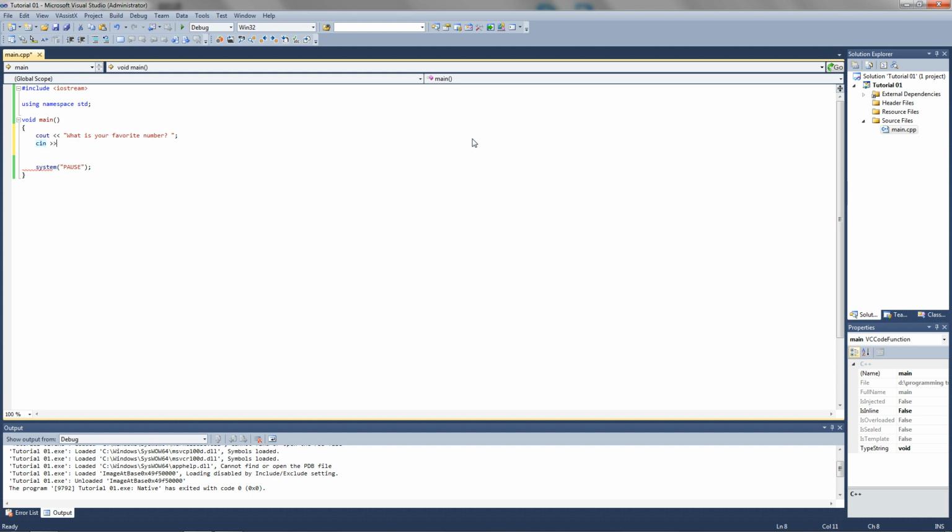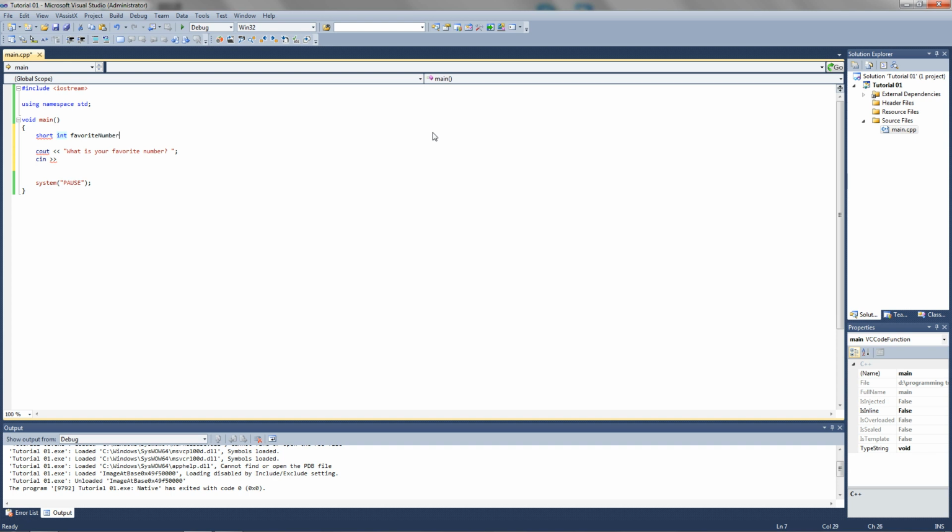The stream insertion operator is the exact opposite of the output operator. It's two greater than symbols, and like the output stream operator, this should be treated as a single entity. It isn't two separate pieces. This is one part. Now, before we actually grab that, we have to say this is the variable we're going to write that information to. So let's make a variable of type, let's do short int, because that doesn't take up too much space in memory. So we'll make a short int and call it